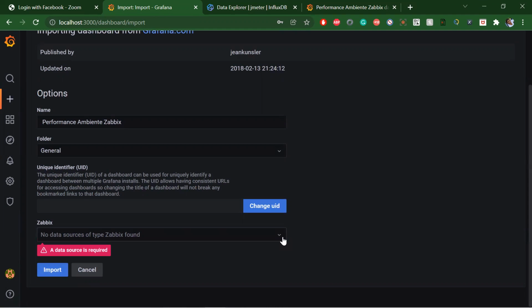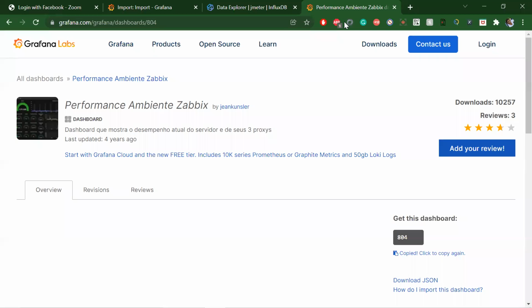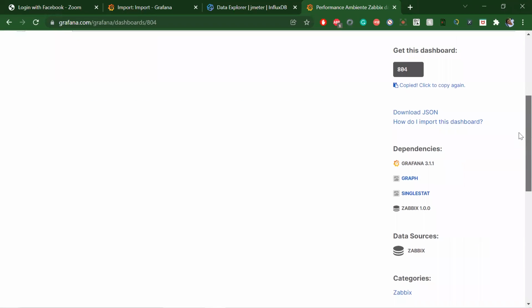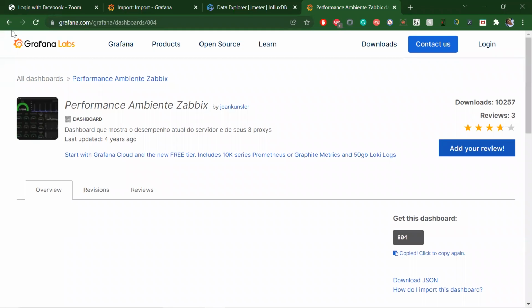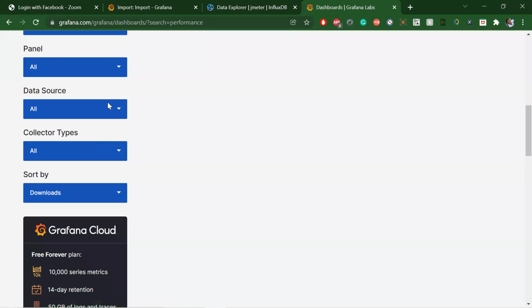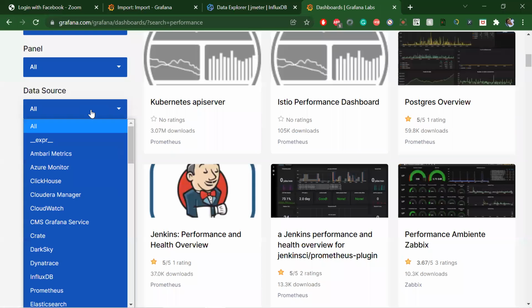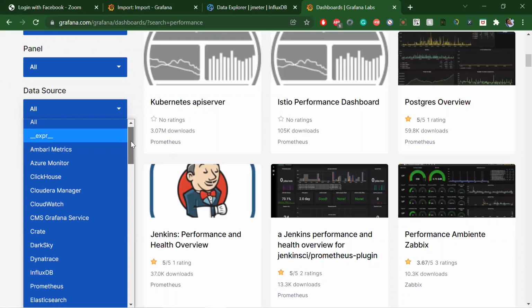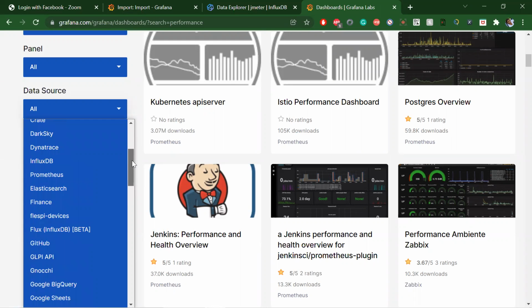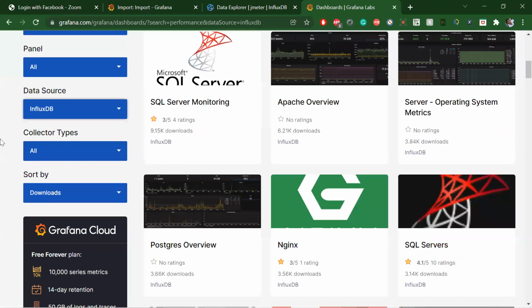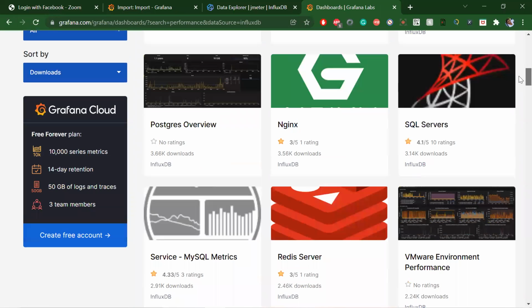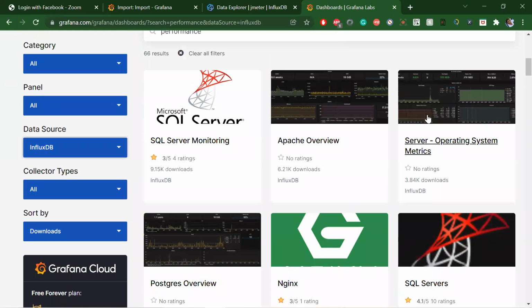Oh, it's of type Zabbix source only. We should check the source of influx. Let me select the filter with influx. Okay, let's simplify this one.